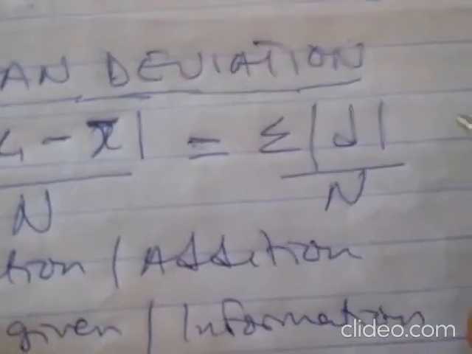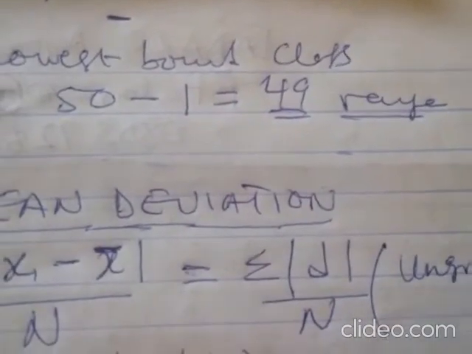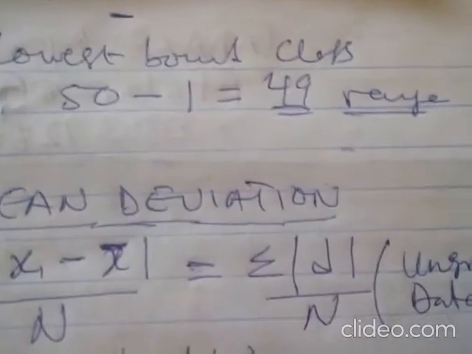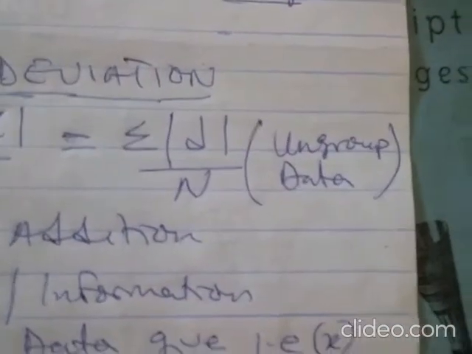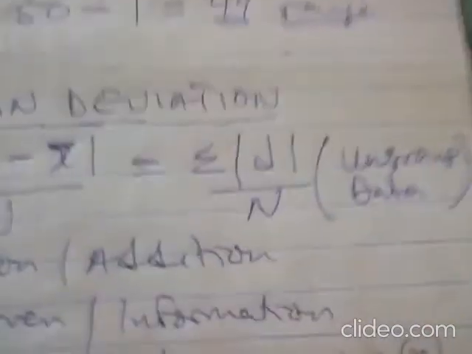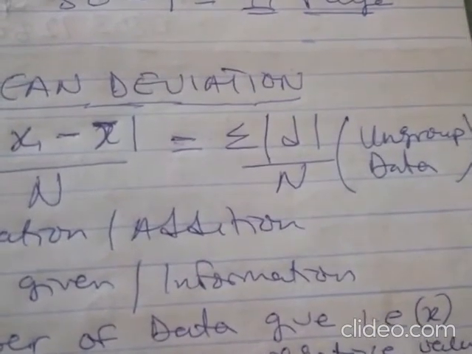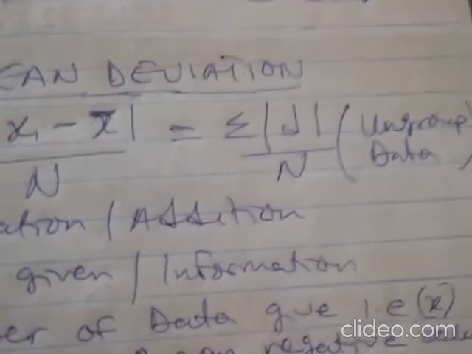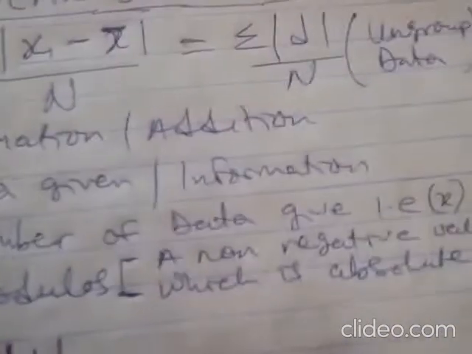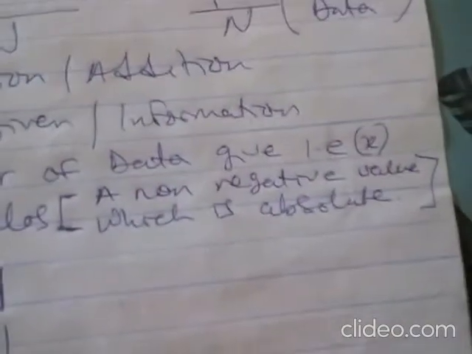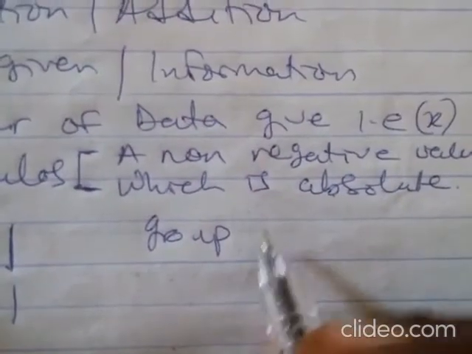Now, this formula is meant for ungrouped data. What it means is that you can only use it for examples or questions where the data is not being classed in a table or grouped together. But if you want to do the one for grouped data,